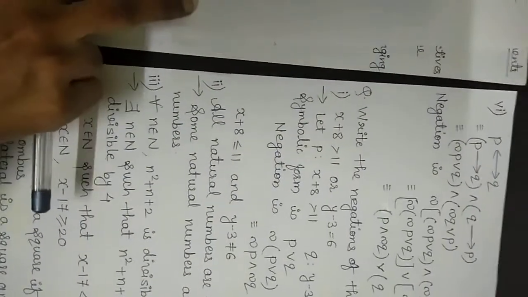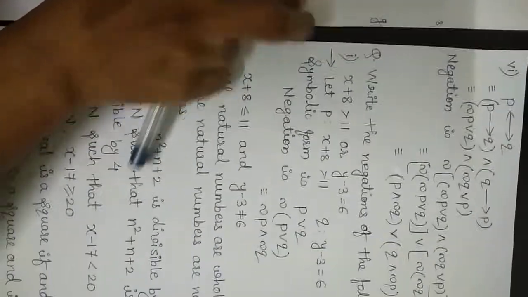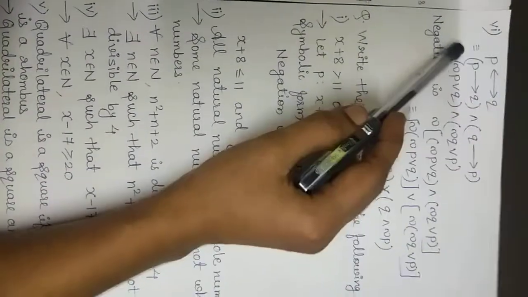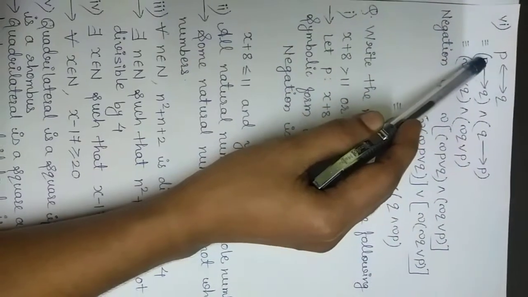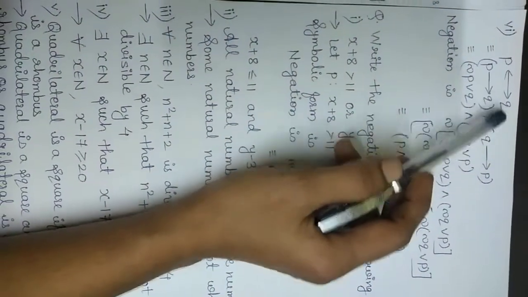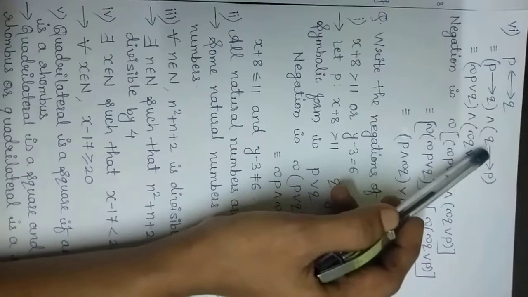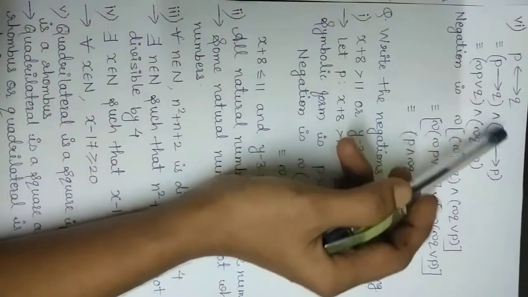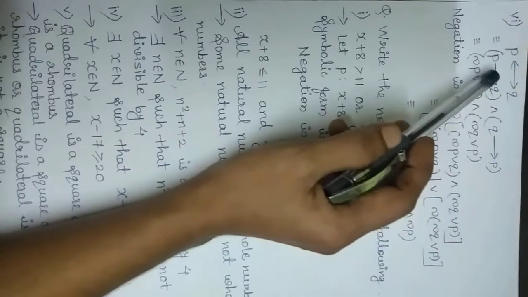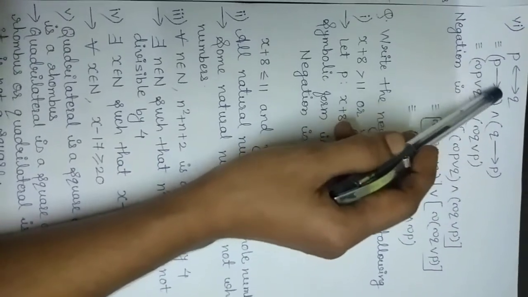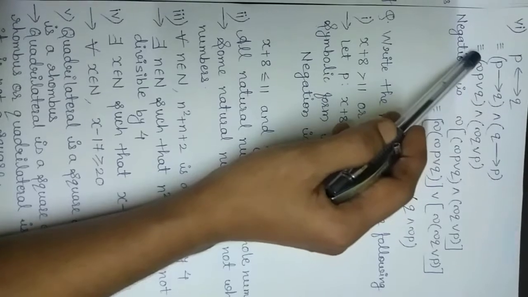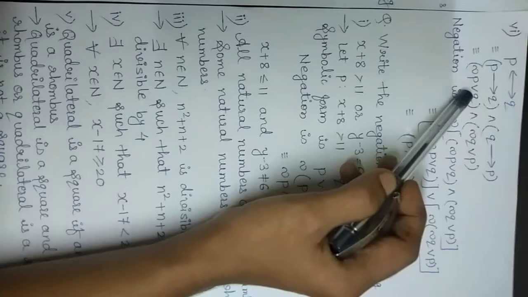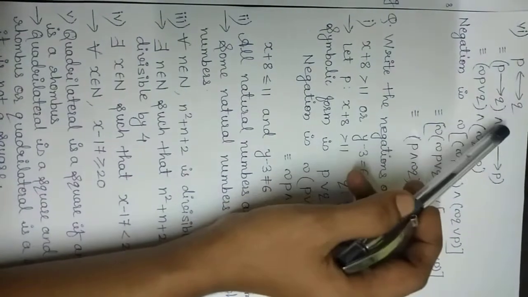Now next, suppose a double implication is given. P double implies Q is equivalent to first statement implies second statement and second statement implies first statement, meaning P implies Q and Q implies P. Now we already know how to write the equivalent statement for implies. So here we will write negation of first statement or second statement. That will be the equivalent statement for P implies Q.